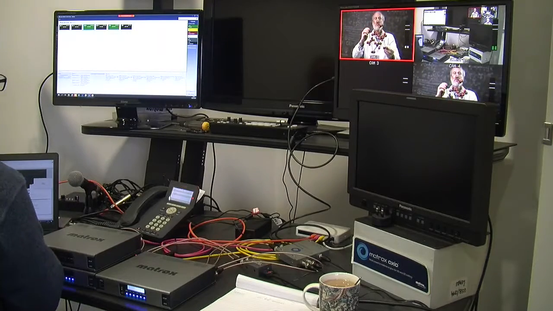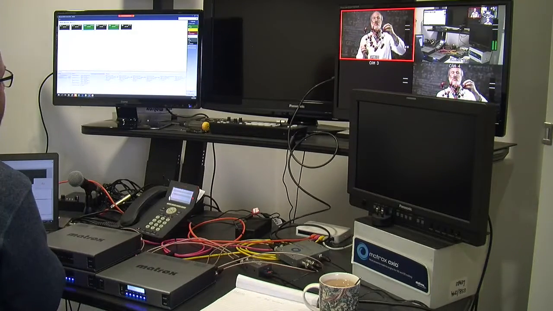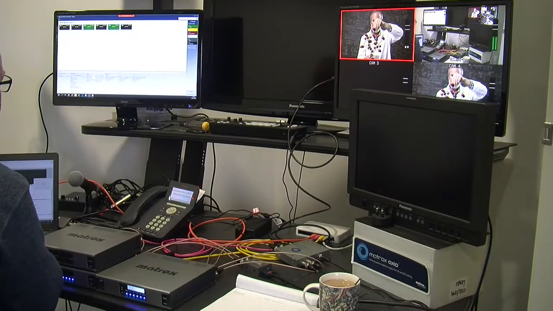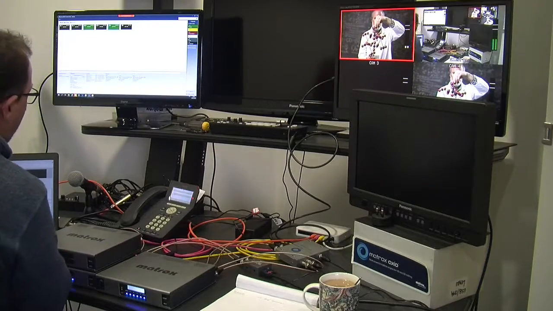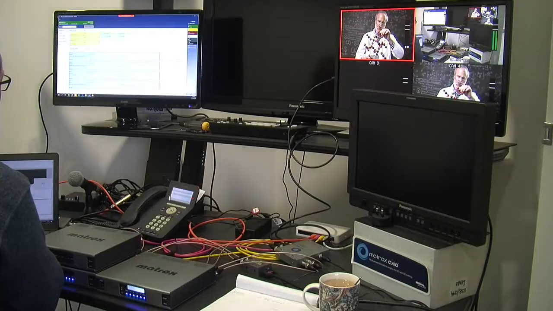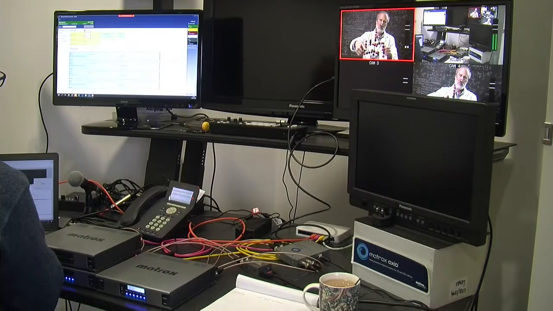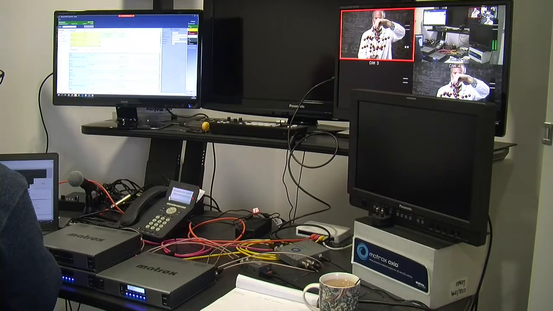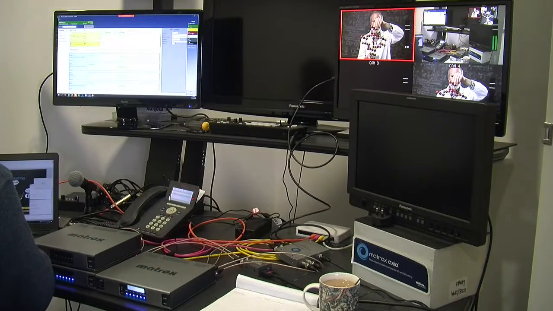Yes. So if I now jump into, so this is port 1051. If I jump into our decoder, now I know this is probably not relevant to you because obviously you're not going to use the decoder, but it's the only way I can show SRT. So if I set up an SRT receiving stream, I'd put the right port number, which is 1051. I would call it